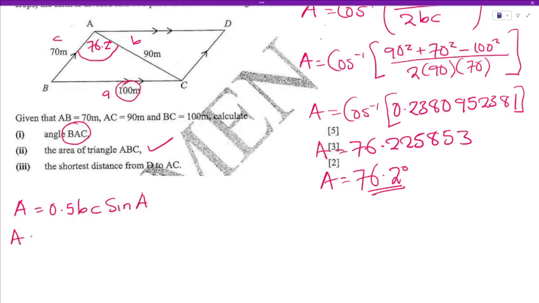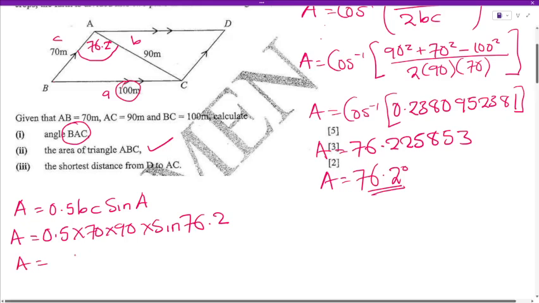The formula is the same whether you're dealing with the sine rule or the cosine rule. So 0.5 times 70 times 90, the same sides I mentioned, side c and b, times sine A, the included angle, which we just found. So our area will be equal to, let us compute, 0.5 times 70 times 90 times sine 76.2. Let me check that I've punched the correct value. 0.5 times 70 times 90 times sine 76.2, correct. So this is giving me the area as